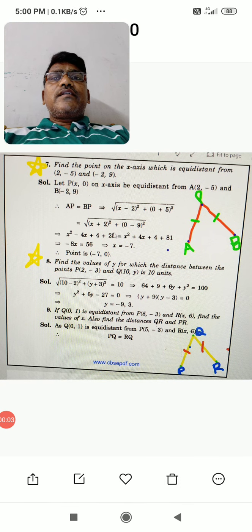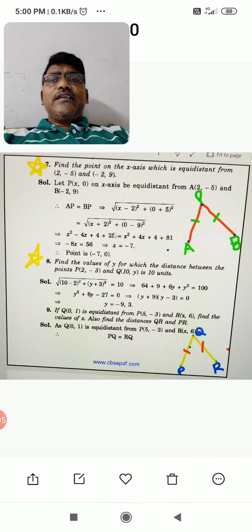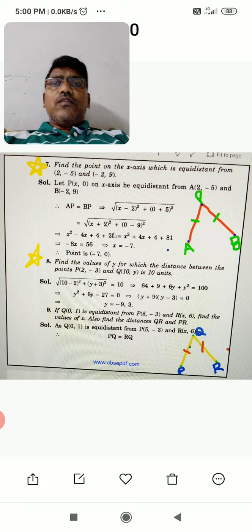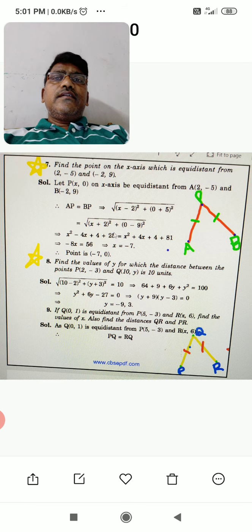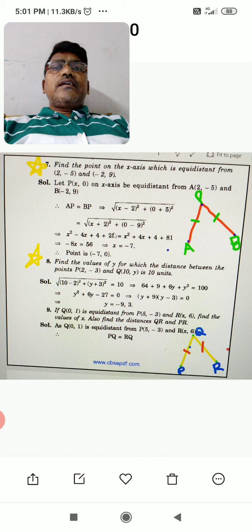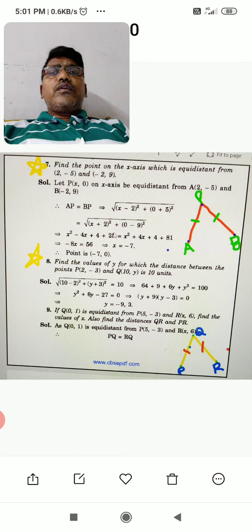Okay, I explained in question number 6 clearly how to identify the name of the quadrilateral by finding the length of all the sides, I mean the distance between the 2 points A, B, B, C, C, D, A, D. One sum I cleared for you, the remaining are given to you. So here is a new topic I am going to start today, that is question number 7.